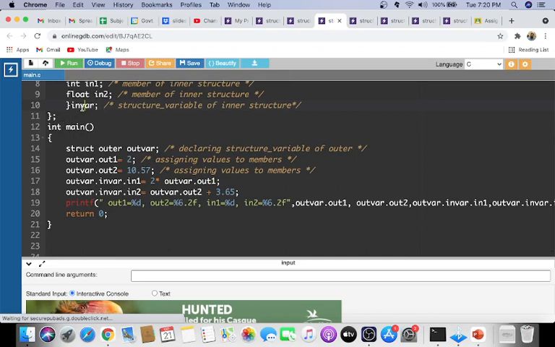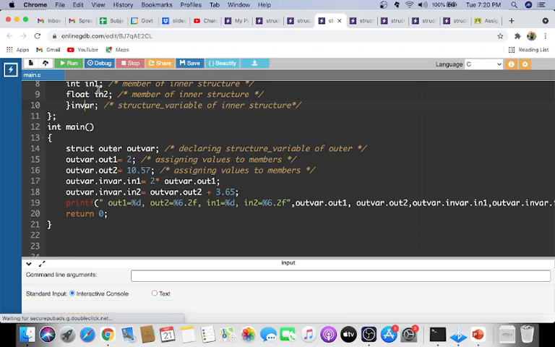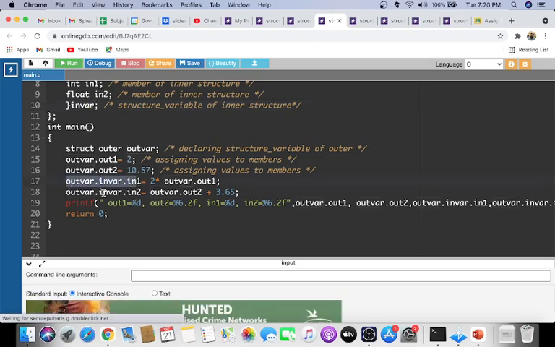Then in order to access the inner structure variable in1, you have to use invariable.in1. So that is what we are using here: outvariable.invariable.in1. Then you are simply multiplying 2 into outvariable.out1. You can do this operation. Then with outvariable, you have to access invariable, then invariable.in2. So you have to use two dot operators.